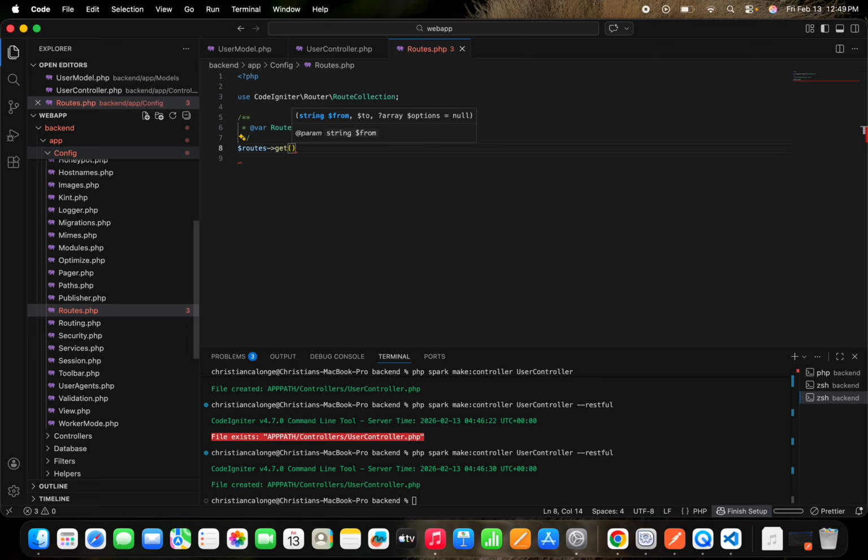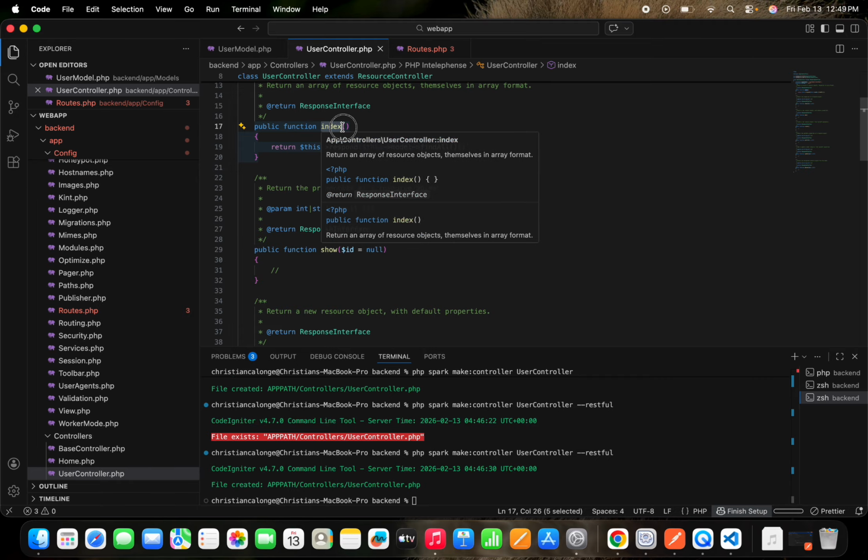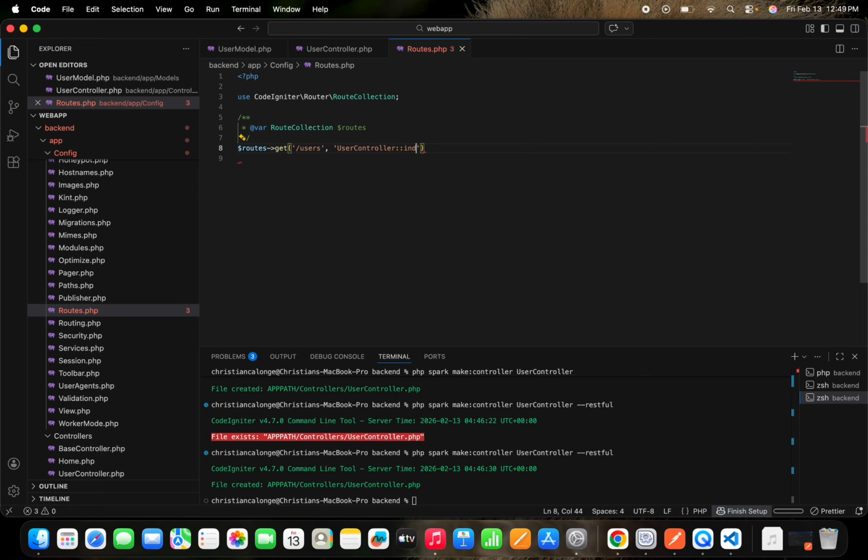So we'll use the get method, and then here your route, say users, and then the name of your controller, UserController, then two colons, and then the name of your method. If the method is index, we will write index here. So that's it. Next, we will test if this works or not.